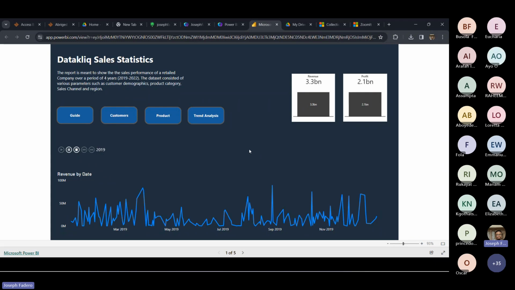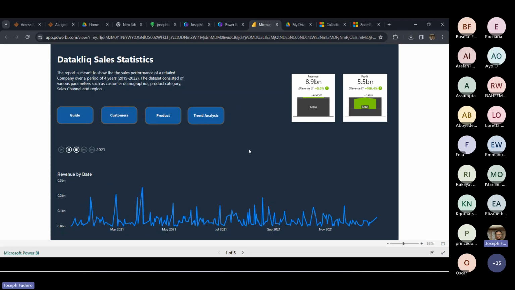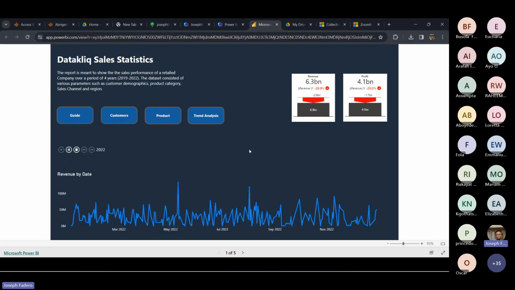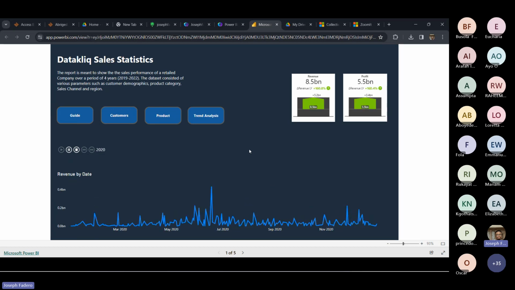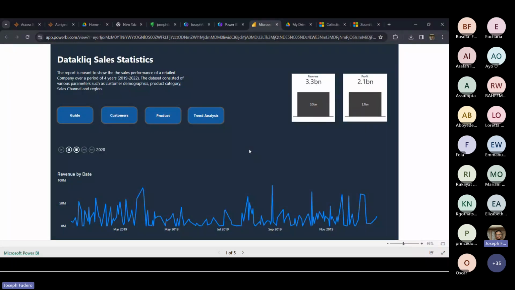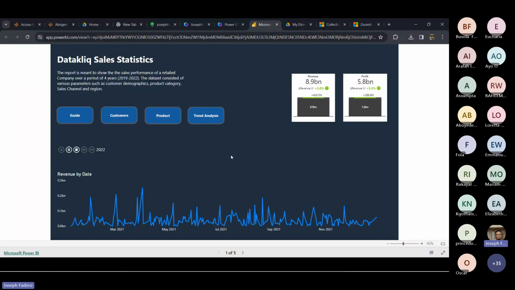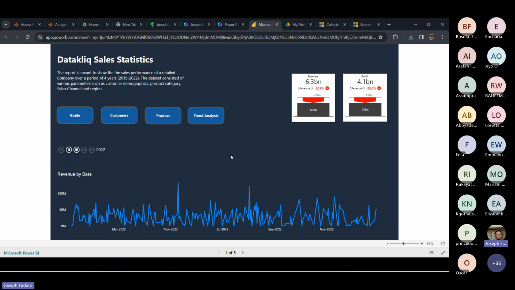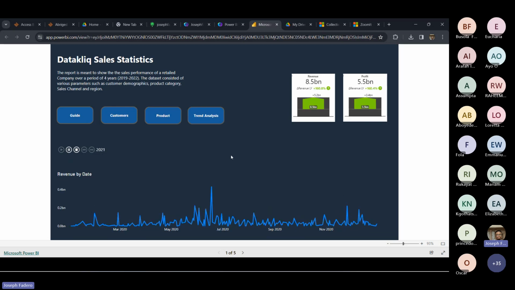Okay, so this is a simple report created with Power BI, a very, very simple report created sometime last year. I'm just going to prepare our minds for what we will be able to do in learning this Power BI tool.